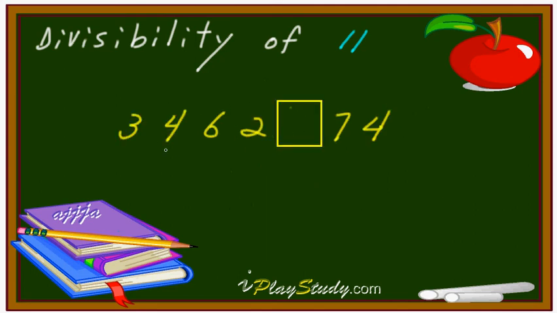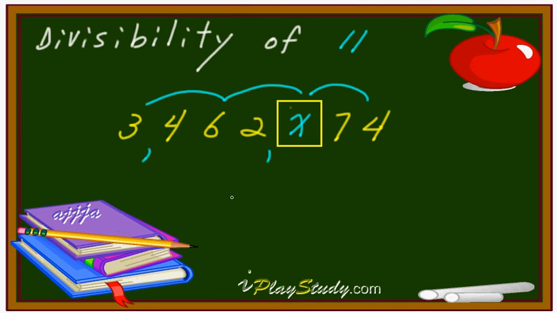What about this one? First of all, this one right here is 1,000. This one's a million. 3,462,000. Then I don't know what the hundreds digit is. Then 74. That's it. So I can say this one is maybe X. Let's say X. Then for divisibility by 11, you've got to add this one to this one to this, and this one to this. Let's add everything. 4 plus 6, that's 10, and 13 plus X, right?